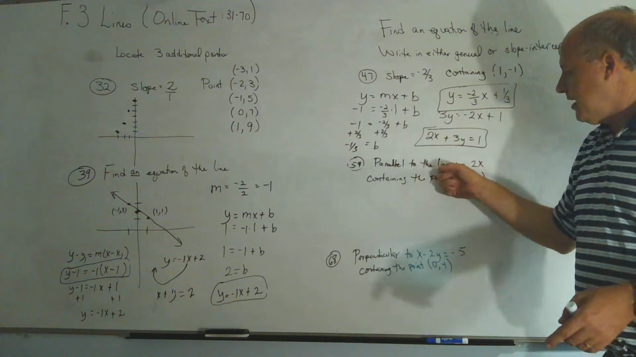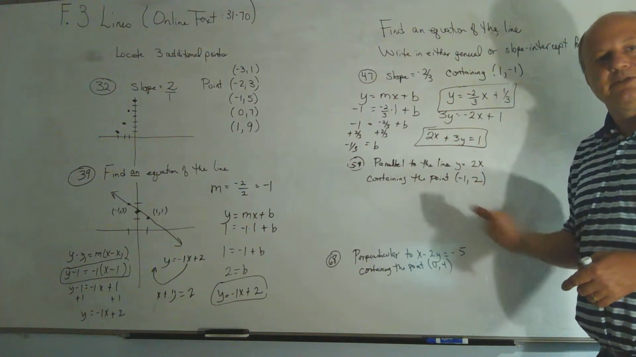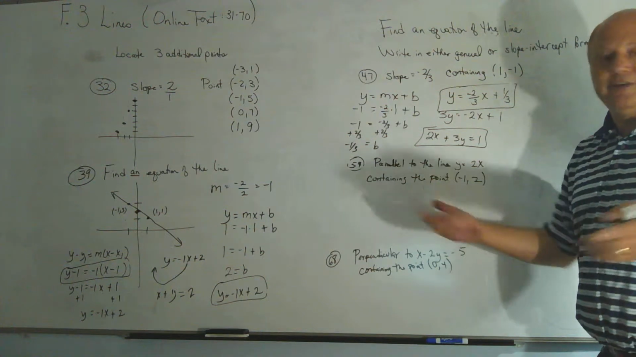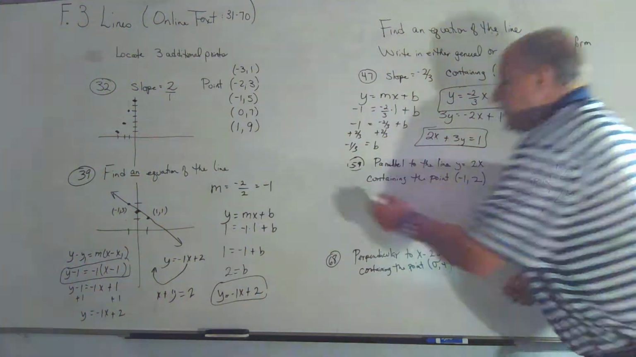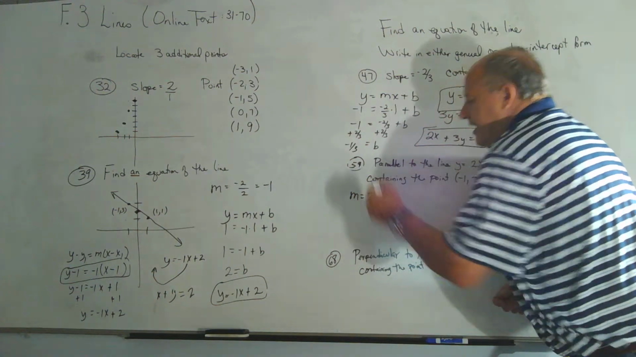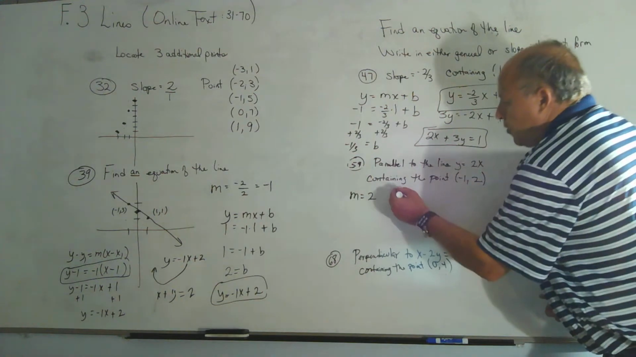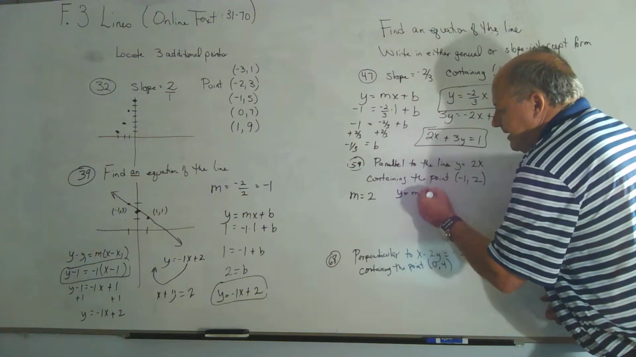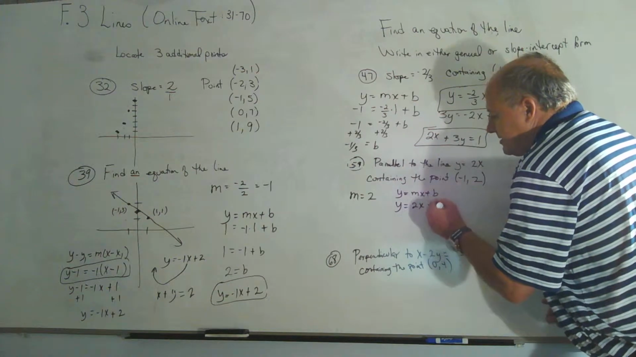It's parallel to the line y equals 2x. Oh, it's parallel to that line, so they must have the same slope. Well, what's the slope of that line? Oh, it's 2. Oh, you found the slope. So it's parallel to the line y equals 2x, so m equals 2, and now you're no worse off than you was on 47. So y equals mx plus b, so y equals 2x plus b because that's the slope,